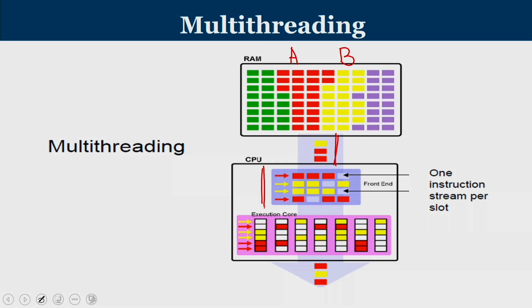If you look at horizontally, either it will be white, that is the empty slot, or it will be red. Red means you have instructions of the red program that is currently being issued. So either it is a red in a row or it is a yellow in a row. And if you look at the execution unit also, it contains instructions belonging to multiple programs, but given one clock cycle, either it will be red or it will be yellow, and that is known as multi-threading.